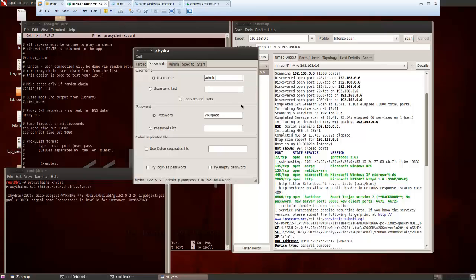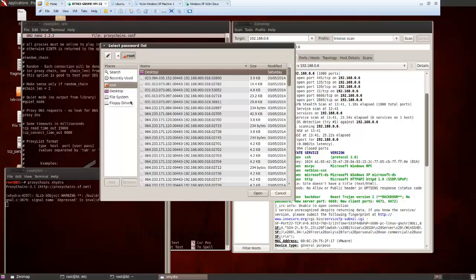If you so desired, in some cases, you could actually create your own text file, a dictionary file of usernames. You know, add admin, administrator, or if you happen to actually find out what a person's username was, you could just add that here. But we are going to add our own password list, which is a text file. Linux Backtrack comes with a couple of default text files. In this case, we're going to use one that is located at,